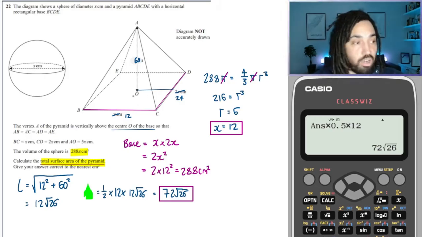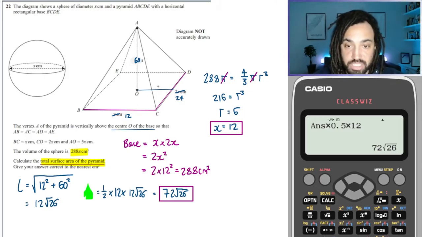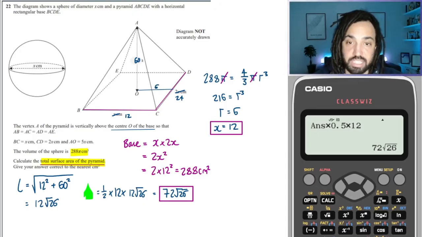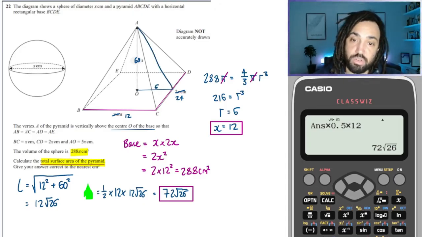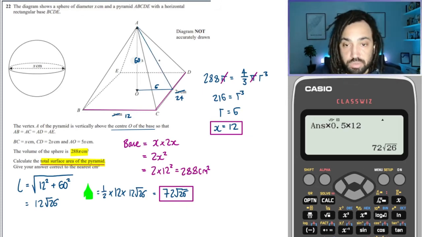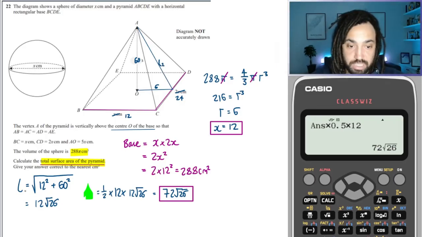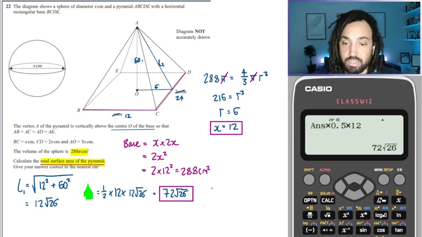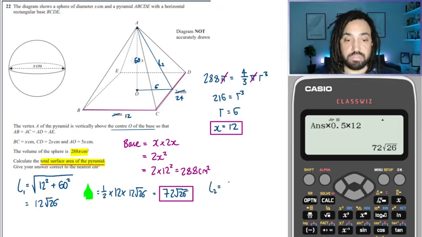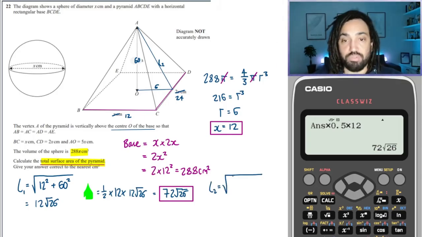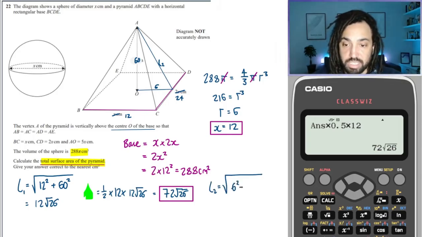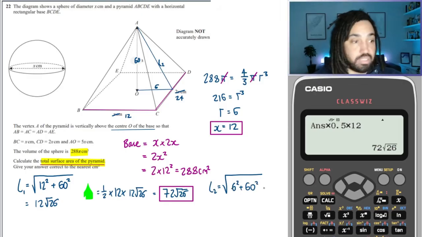This is going to be half of this side, which is 6. So that's going to be 6 there. So therefore, the slanted height is going to be different. So let's call this L2, and that one L1. So L2 will be the square root of 6 squared plus 60 squared,